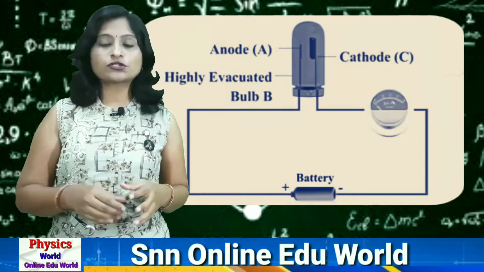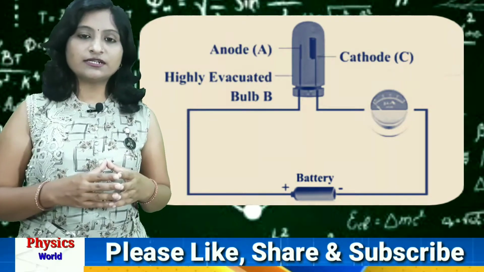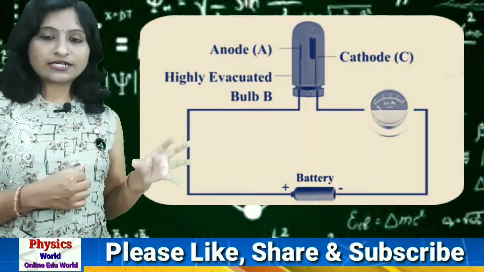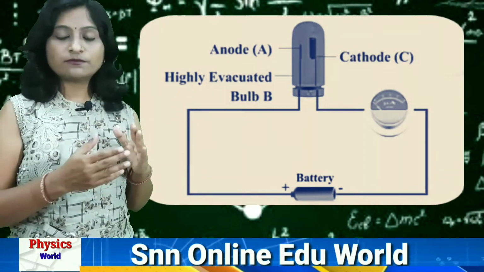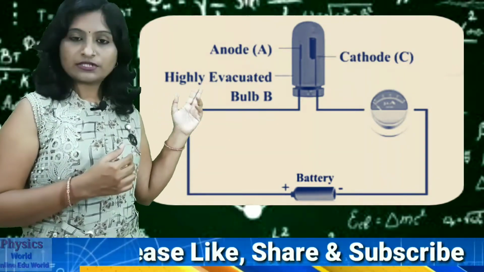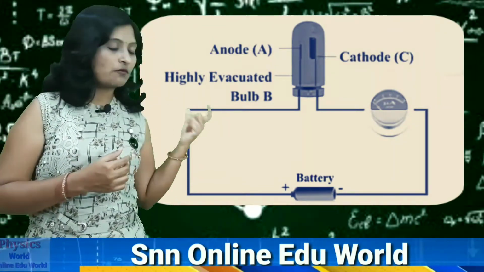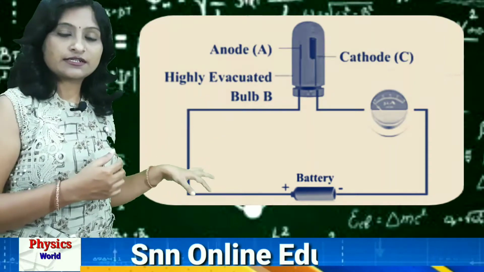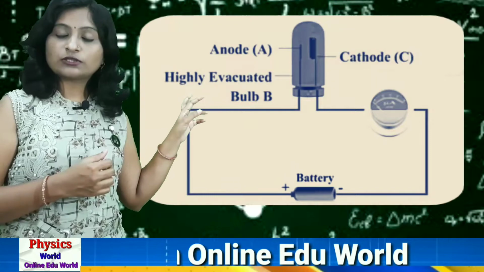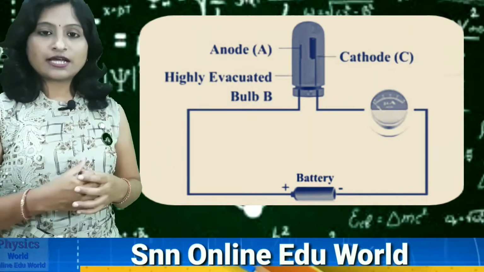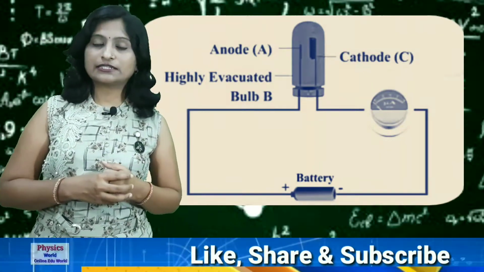So the internal portion of that curved surface is coated with a photosensitive material, and on the axis of that cathode, that means at the center of that cathode, we have to keep a metal wire or metal rod as an anode. So now these two terminals are joined with the external connections. Now this total anode and cathode are kept inside an evacuated glass bulb. So this is shown here in the circuit diagram.